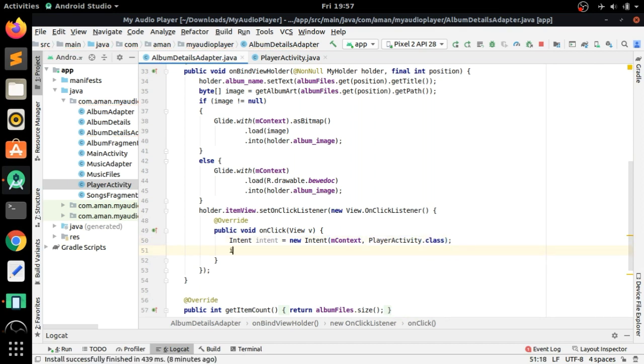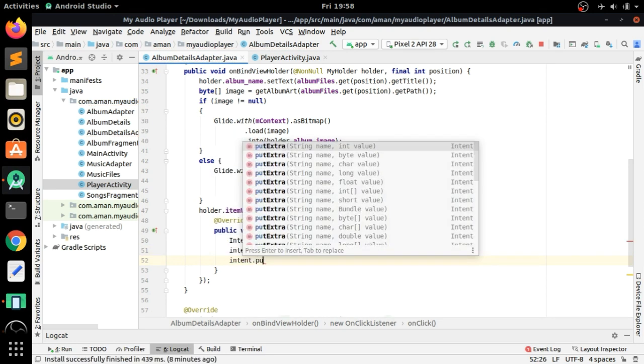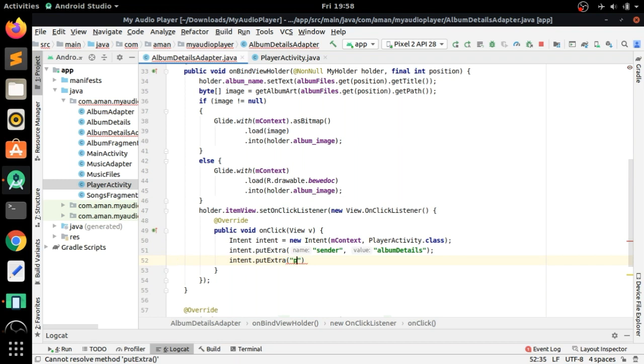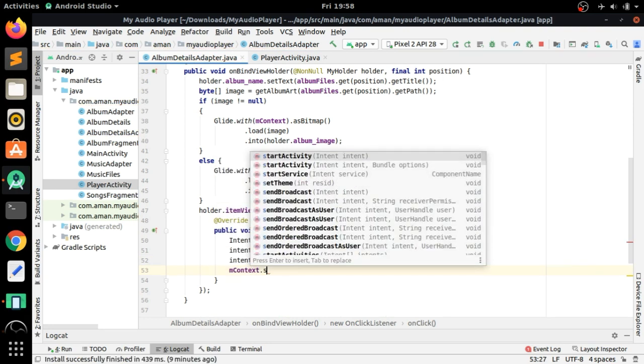So we have passed the first argument as mContext and the other argument as PlayerActivity.class, and we have to also put some extras to identify from where the player activity has been started. So we have put extras, and also we have to put an extra for the position of the songs.